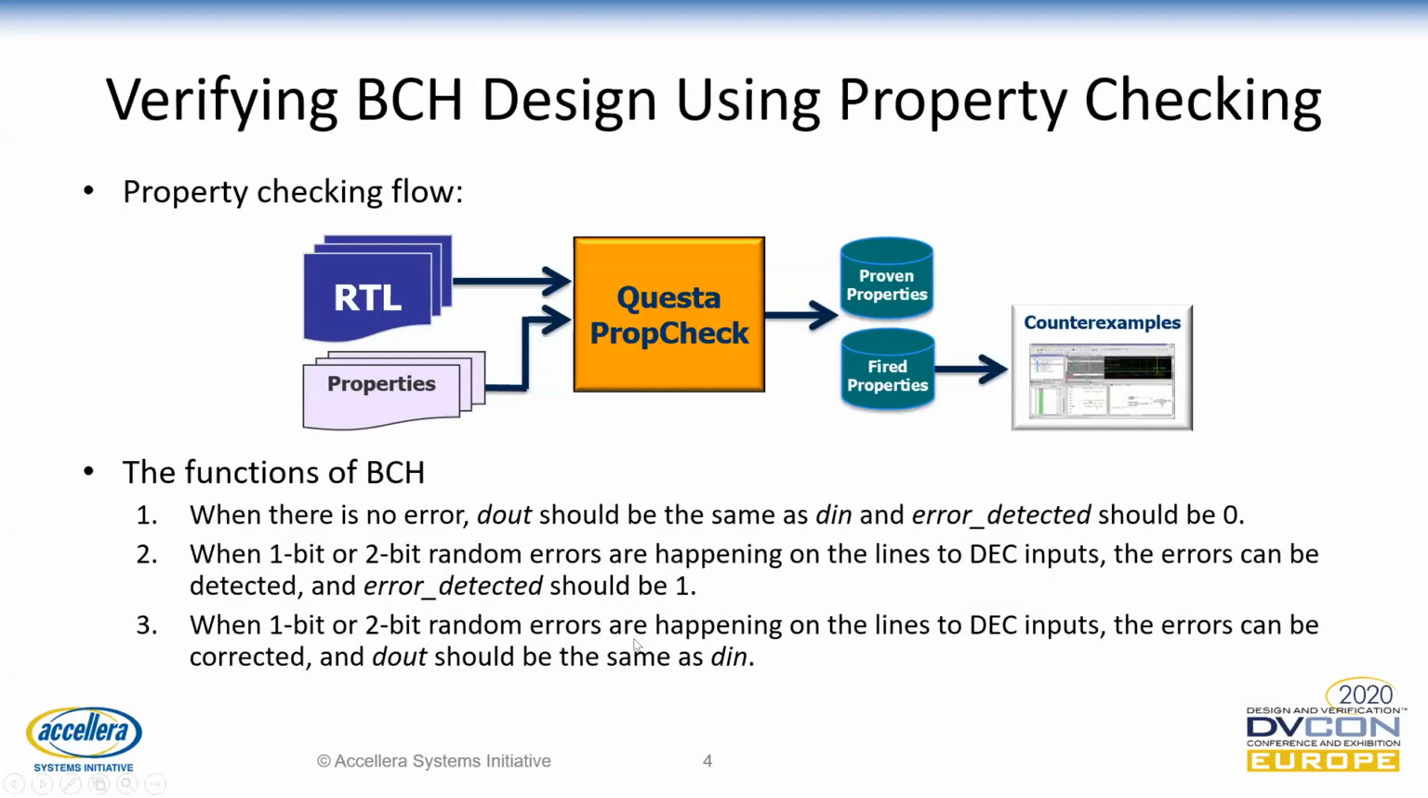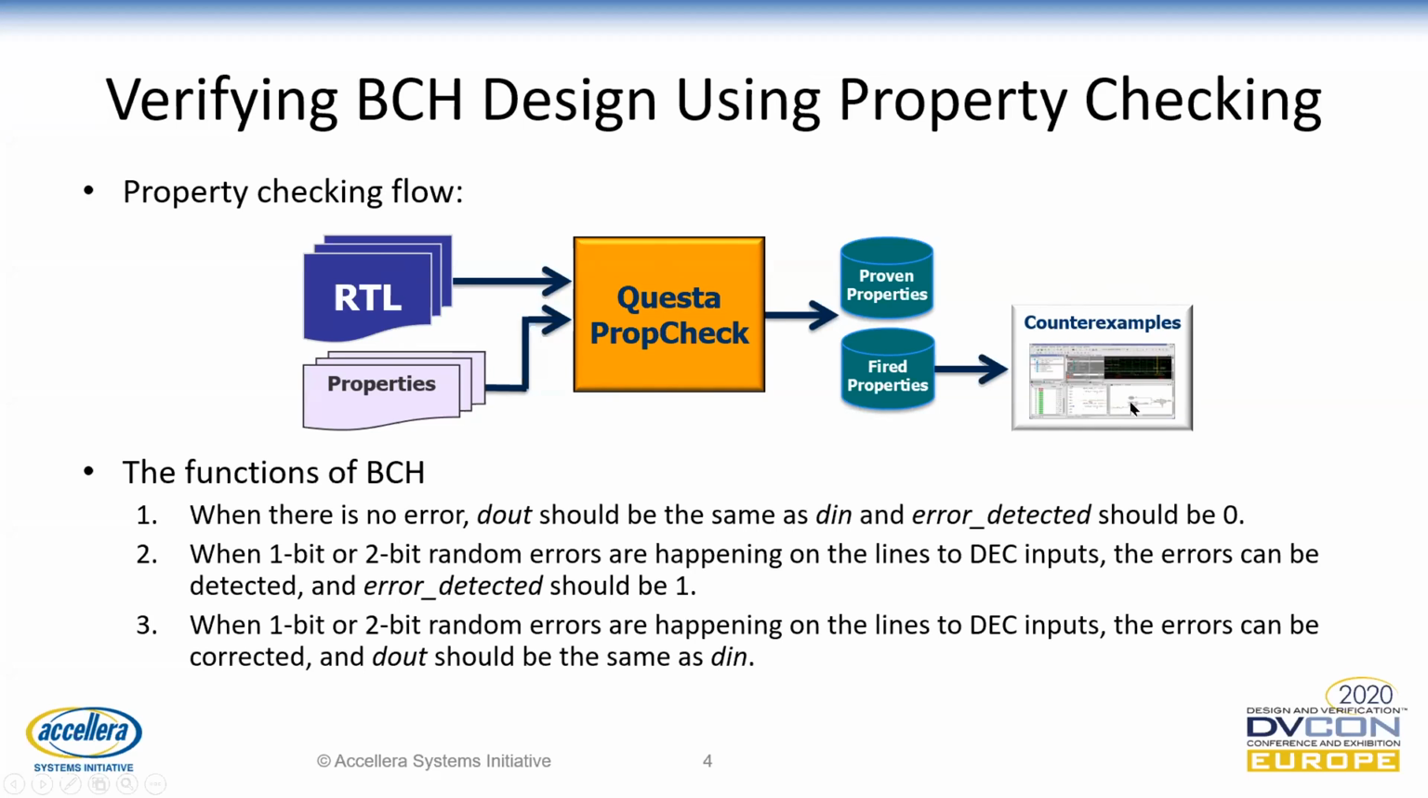Verifying the BCH design using property checking. This is the property checking flow. To run the property checking tool, the user provides RTL files and assertions. The RTL files should be synthesizable, and the property checking tool will do analysis, and try to prove the properties if they are true, or find counterexamples that violate the properties and show the counterexamples